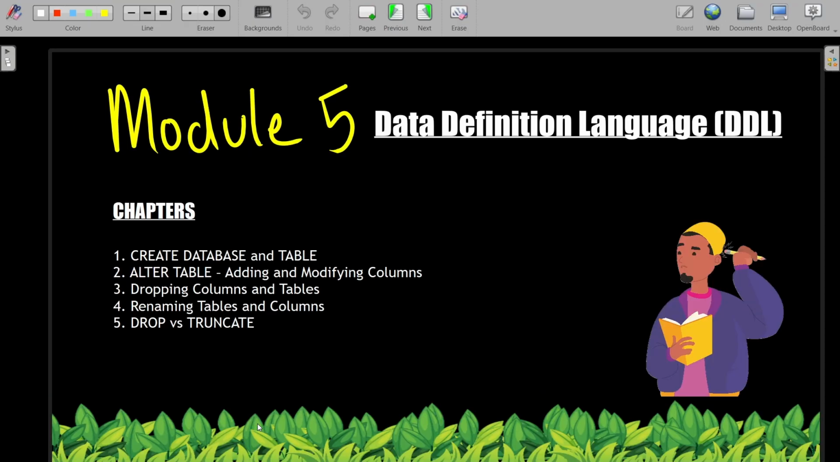Before we can store or query any data, we first need to create the structure that will hold it. In this module, you will learn how databases and tables are created, modified and managed using DDL commands, the foundation of every SQL system, data definition language. And the chapter includes create database and table, alter table, dropping columns and tables, renaming tables and columns, drop versus